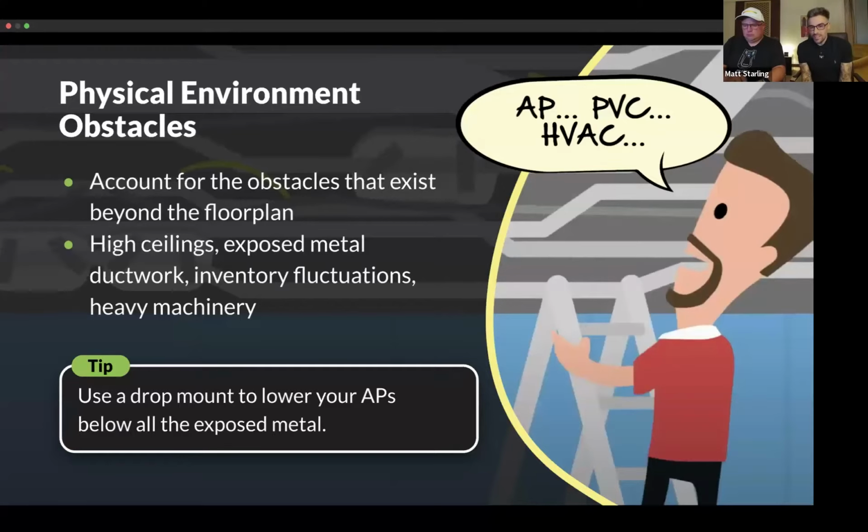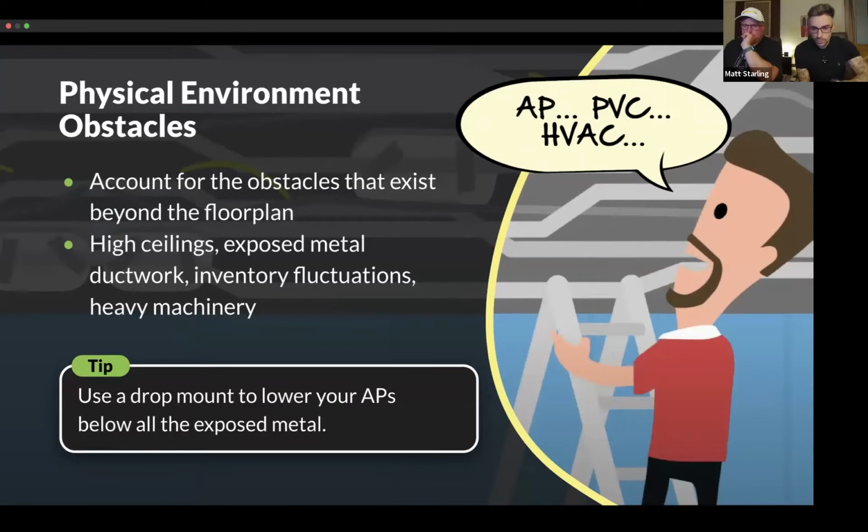Well, what are some of the things that can affect signal to noise ratio or the quality of our signal? It can really come down to how we place our access points in the environment and the physical obstructions that there may or may not be around. I've seen, I don't know how many times in my experience, someone does an amazing design, they provide great access point location details to the install team, and then that install team goes and physically installs it in the environment, and they just try and put the AP right on that X marks the spot. And they don't really take into consideration what is going on in the ceilings.